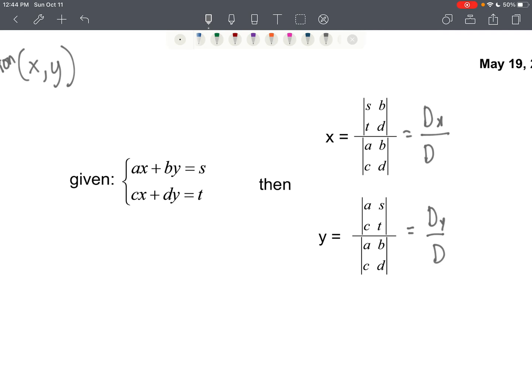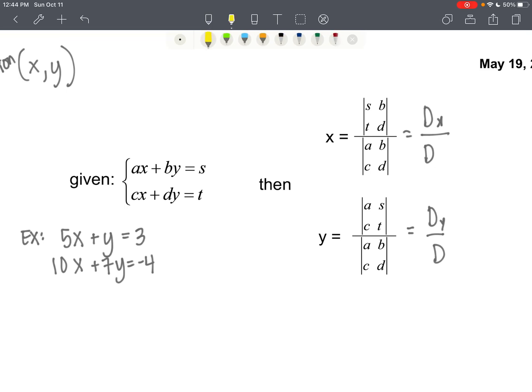Let me give you an example. 5x plus y equals 3. 10x plus 7y equals -4. Now we're going to be working with this system right here. Let me show you the determinant of x. When I'm looking for the determinant of x,